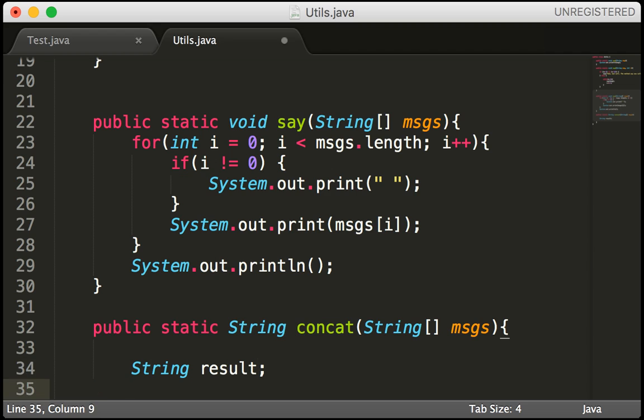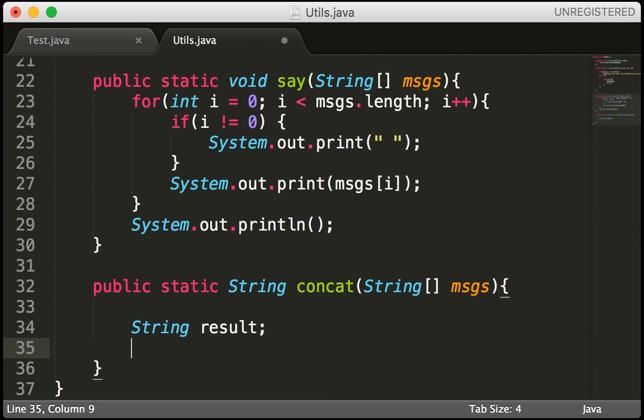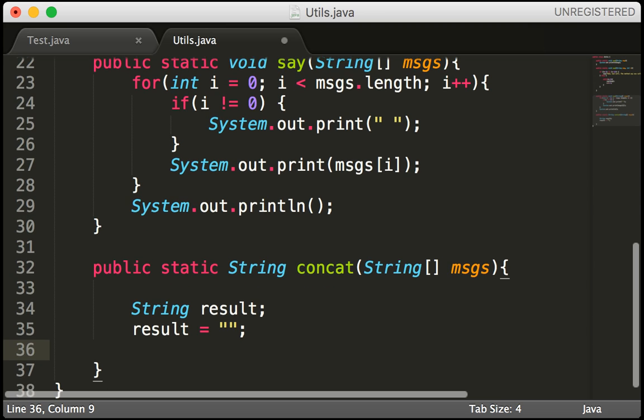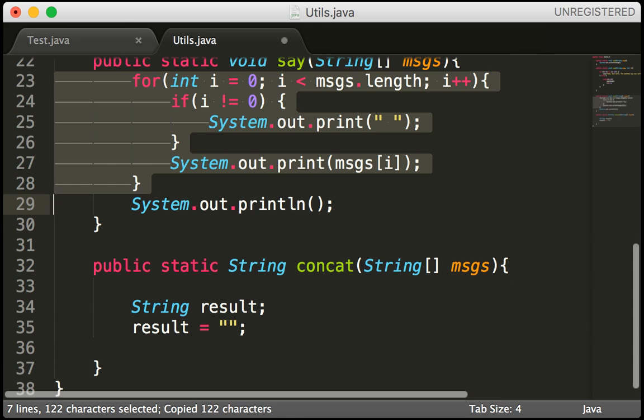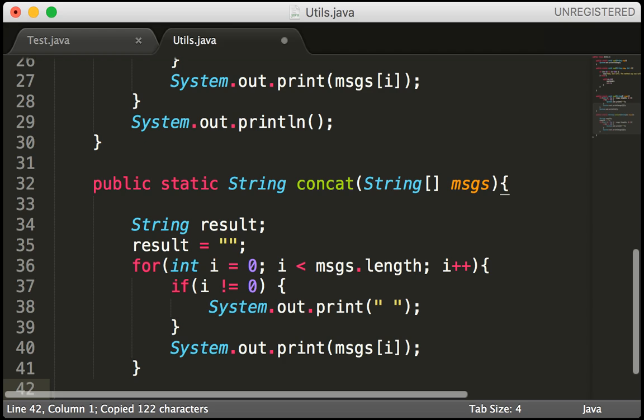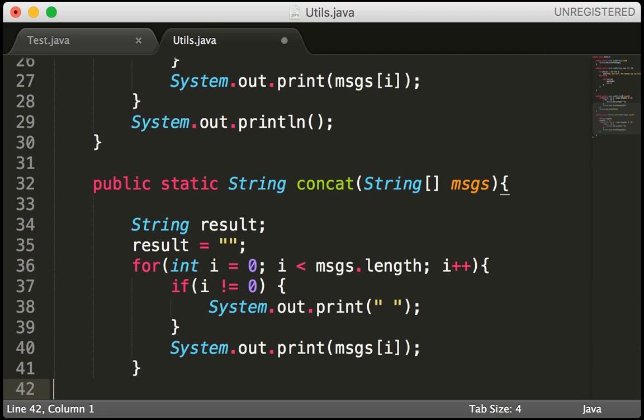All right, so I have a string result, which is going to be what I return. Initially, I want that to be empty. So this is still a reference to a string, but it's the empty string. Exactly. So now I am simply going to go a bit faster here, I'm just going to copy that. So I have here something that iterates over every element of my array. Correct. And instead of printing, what I want to do is add whatever I used to print at the end of my string result,